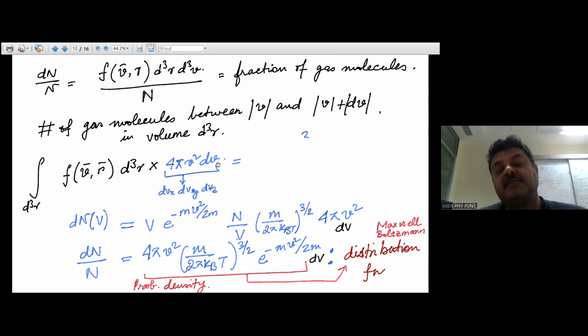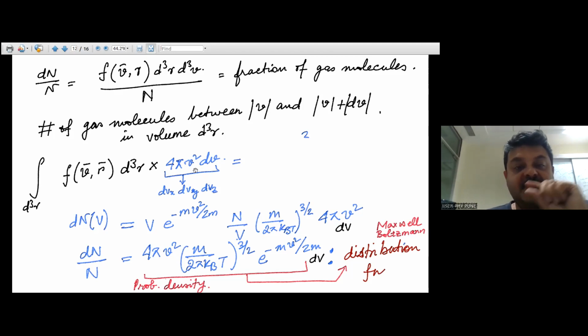This is basically converting dvx, dvy, dvz from a Cartesian integral to a spherical polar coordinates integral, right? So this is the shell, that 4 pi r squared dr type of shell, right? So we are doing that, and we have to integrate over all directions because we don't particularly care about any direction. So we have integrated over theta and phi here, and that's how we get this 4 pi, right? So what we get here in turn is dnv,